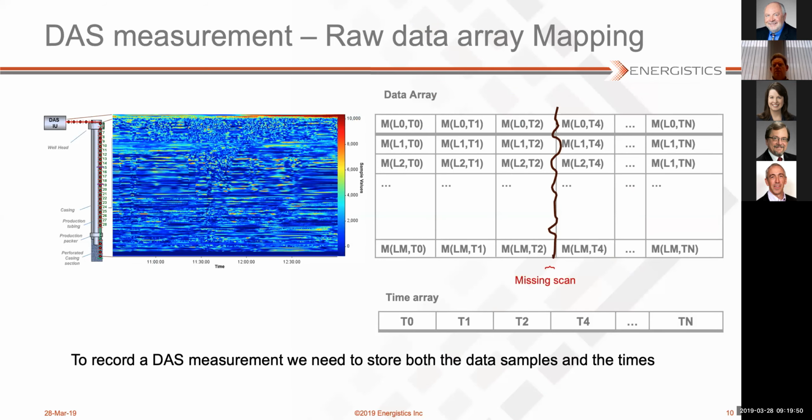Now, here, just to give you an indication of what we then need to store in these files. Of course, we have an array that represents the data along the fiber. On the right, you see a simple Excel type table where we show each measured sample along the fiber in a single column. That corresponds with the vertical axis, or depth or distance along the well. And then horizontally, we have the times.